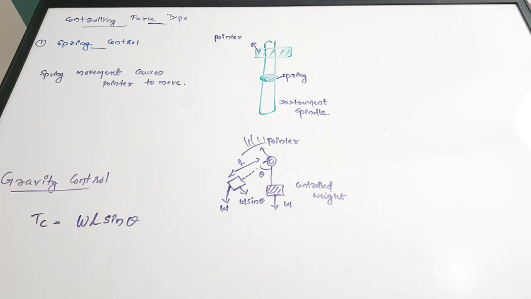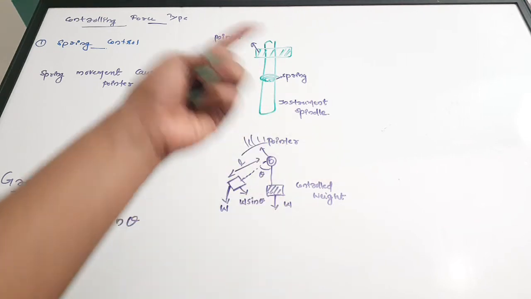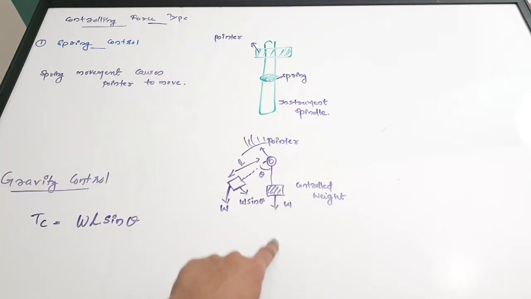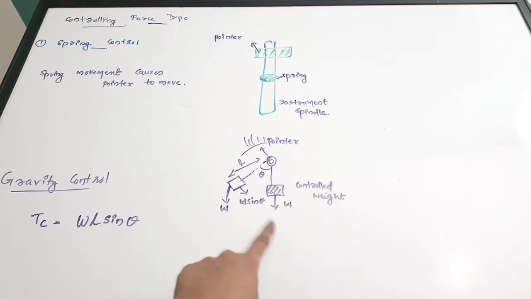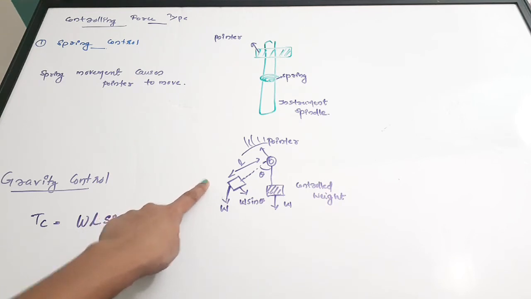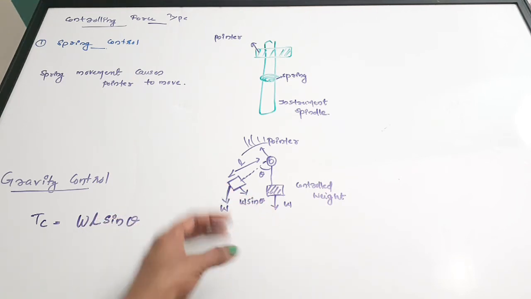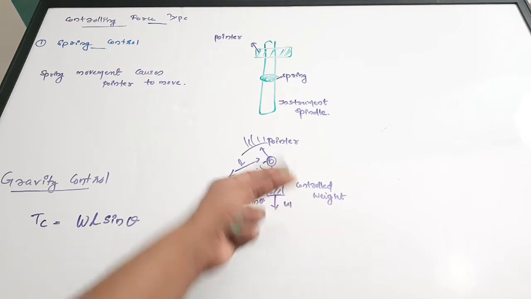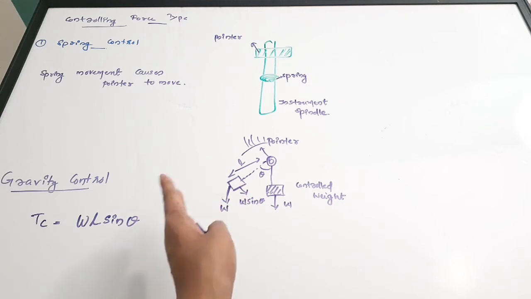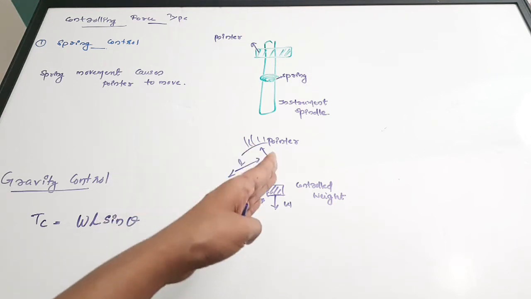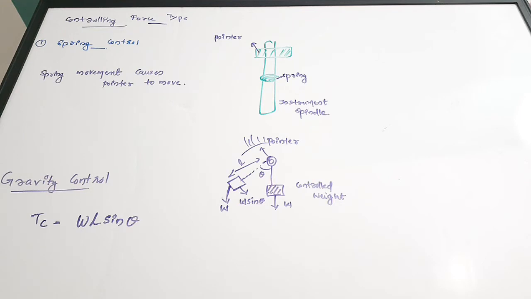Then the second type is gravity control type instruments. So here some gravitational force is acting just like the spring. Here there is a gravitational force. So whenever there is a pointer movement happening, there is a controlled weight which will get displaced, but the gravitational force is trying to pull back the control weight to a steady state or to the vertical direction. Which will cause the pointer to come back to the steady state. Okay, so this is happening in a gravity control type instrument.